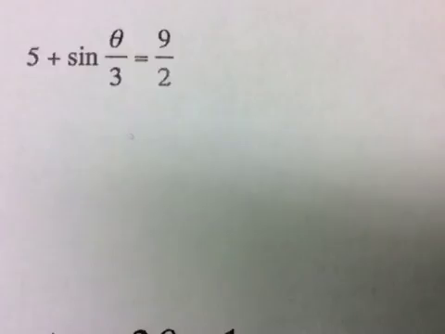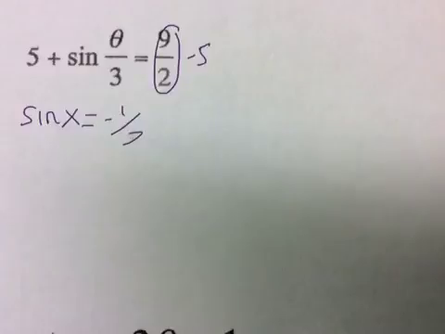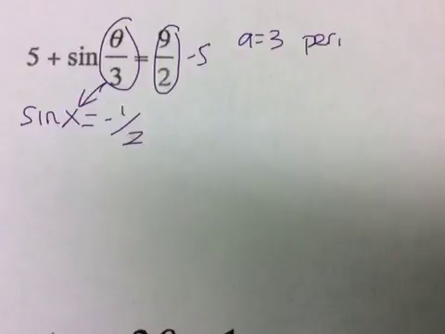Okay, let's try another one. So we're going to subtract 5 from both sides. So I have 4.5 minus 5. So I have the sine of x equals -1/2. So I've already replaced that with x. Okay, let's talk a little bit about this 3 right here. That means a is 3. It's already on the bottom. So my period is 6 pi, or